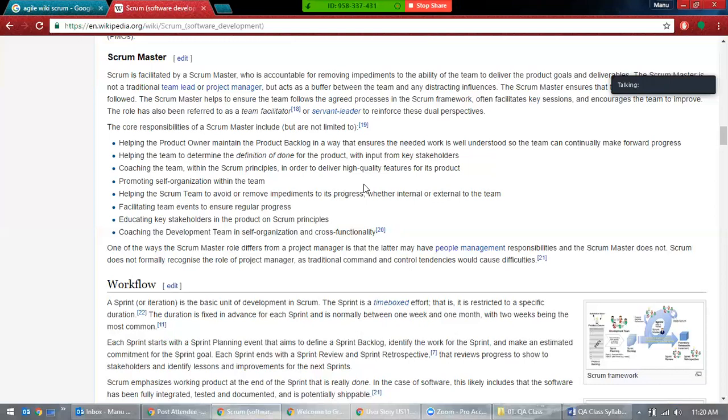But if you want to create one, of course I want to know the requirements, what are the documents, what are we working on, which project we are working on. All those things we need to know beforehand. So we cannot create a user story by ourselves. There's a lot of coordination with the developers, a lot of knowledge of the applications, you need to know a lot of things.